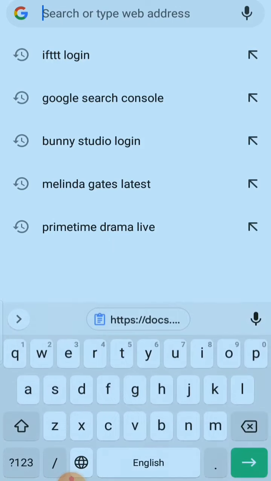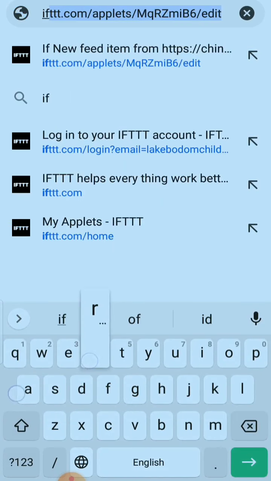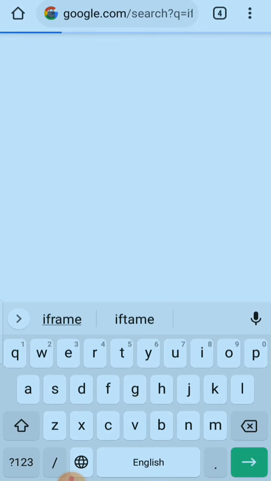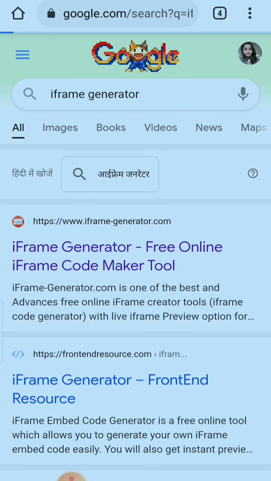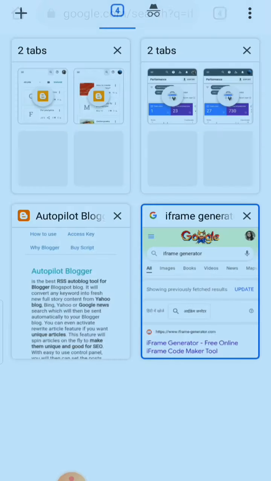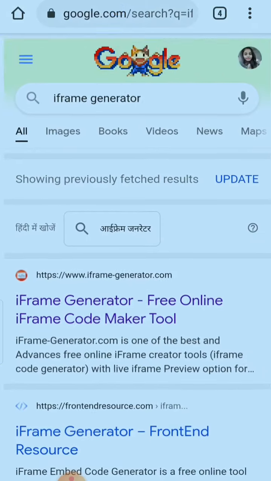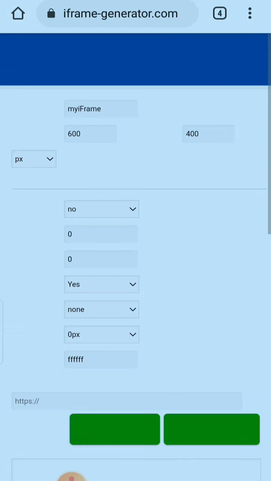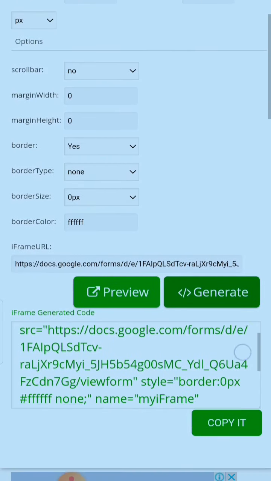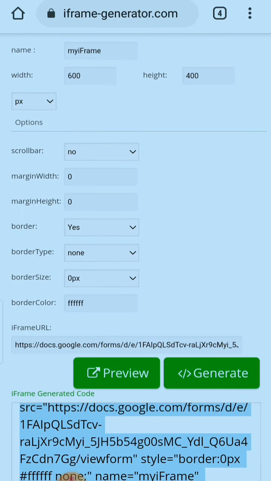Yes, iframe generator. Simply I am going to click here the URL, generate, and copy. Now I'm going to add this on my website.